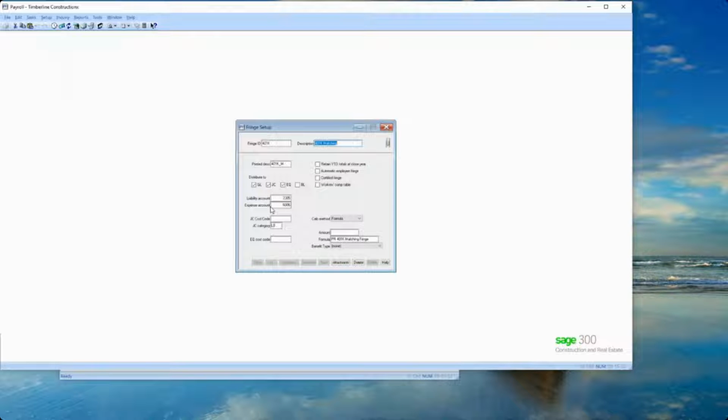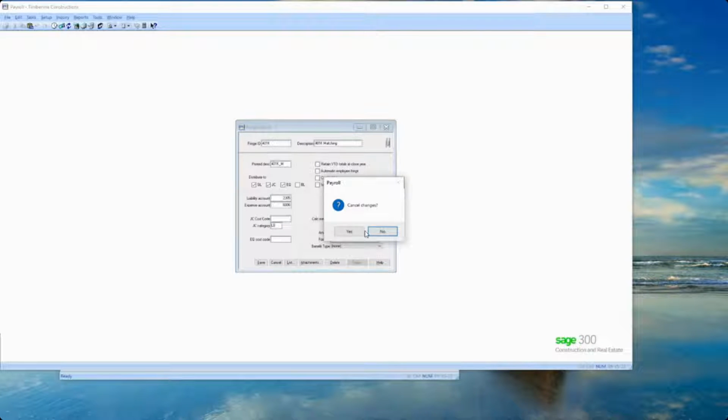The expense account, again, is only for non-job items. Liability account is where it's important to set up, because you will need to send that entry somewhere. So on fringes and also on taxes, if you want the burden amount to go to a separate entry and to a separate category or cost code, you can set those up here. If you leave these blank, it will use whatever cost code and category the pay entry has. So that's important to know. So that's fringes.